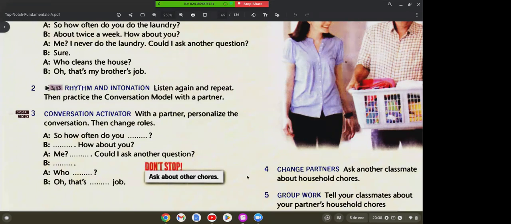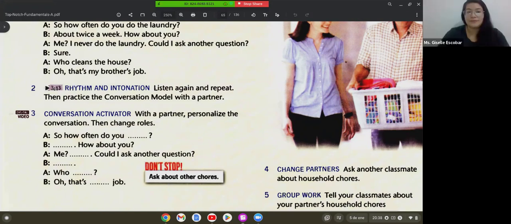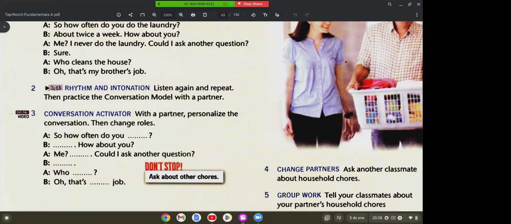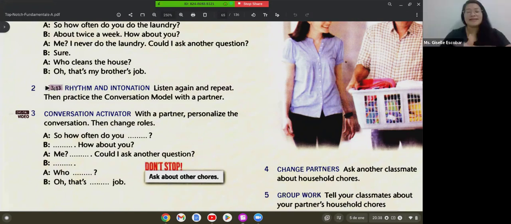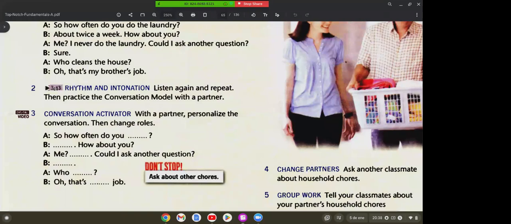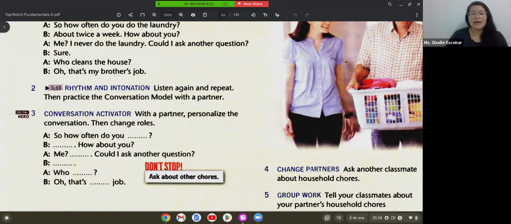Perfect. Teacher, sorry. Yes. En la pregunta, como la conversación modelo que está ahí es who cleans the house, en este caso es who washes. Sorry, sí es cierto. Es que el who lo íbamos a tomar como de tercera persona. Yeah, exactly. So, who washes the dishes? Yep. Sorry. No problem. So let's see. Are Brian and Erica ready?